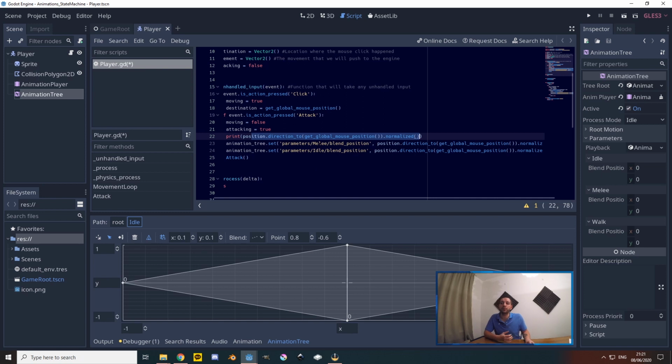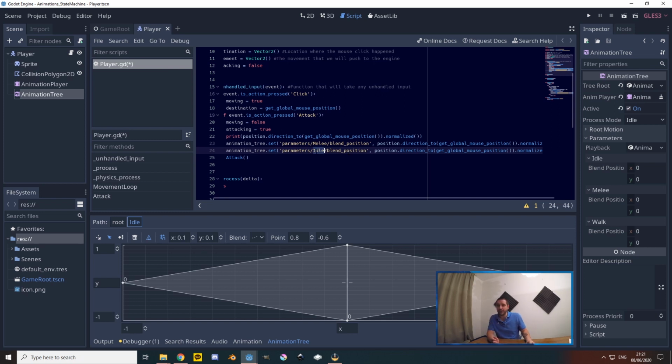But as you can see, we're doing this for both the melee and the idle animation. The reason why we do that is because imagine the player is standing still in his idle mode and it has its nose looking in the direction south. And we right click north of us to attack because, I don't know, there's an enemy there. So the player turns around, attacks, and what happens after the attack?